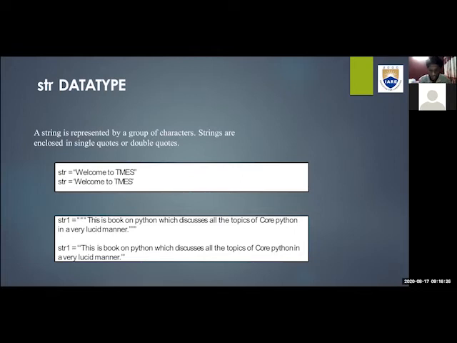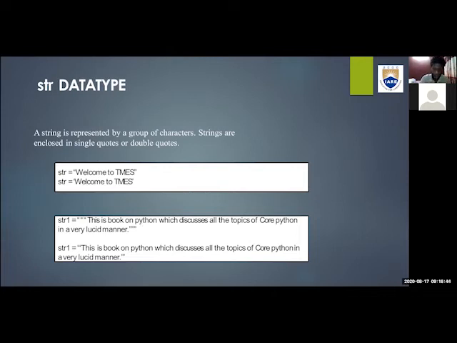I'm printing another string: this book on Python, which discusses all the topics of core Python in a very lucid manner. I kept 3 double quotations at the start and 3 double quotations at the end. So an equal number of double quotes should be present at the beginning as well as the ending.